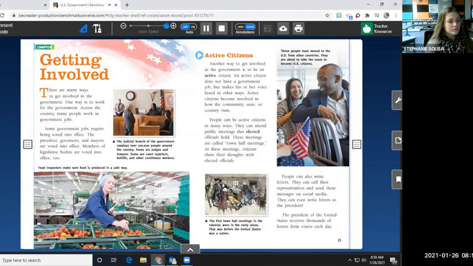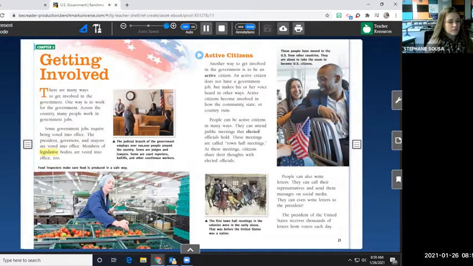Chapter 3. Getting Involved. There are many ways to get involved in the government. One way is to work for the government. Across the country, many people work in government jobs. Some government jobs require being voted into office. The president, governors, and mayors are voted into office.